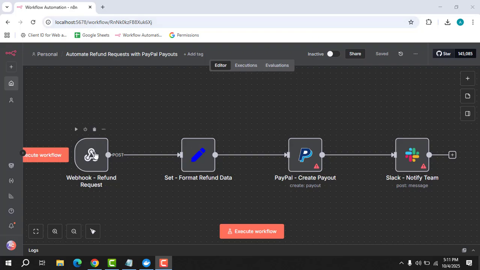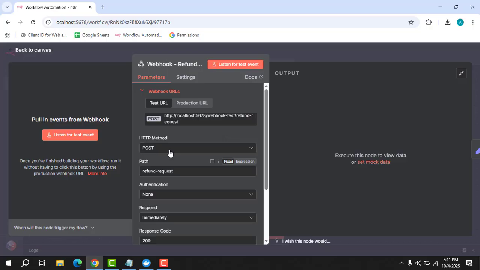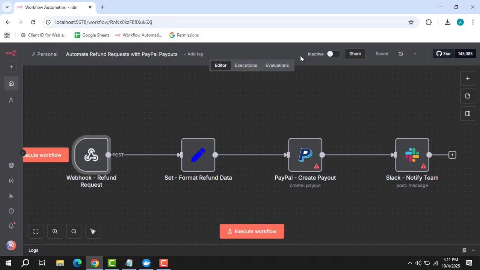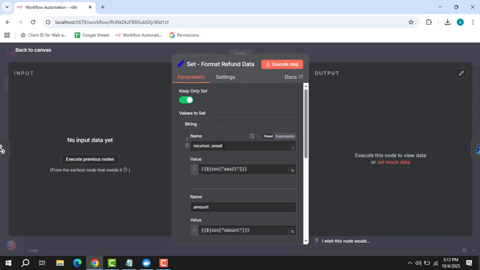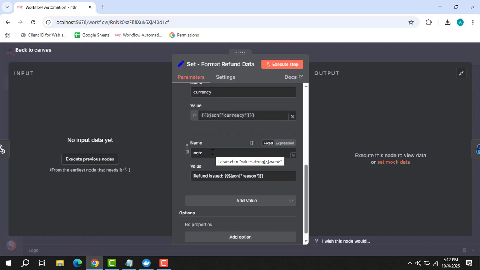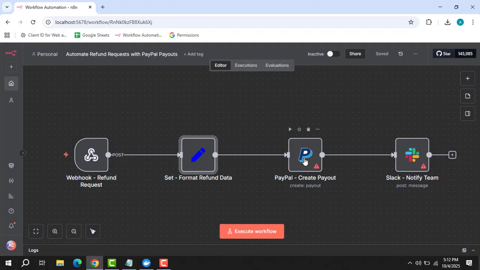First you have the webhook, the refund request. HTTP POST, path refund-request, respond immediately, and response code 200. So we want to capture the fields: the email, the amount, the currency, and the reason. After that, we need the Set node to format the refund data. So you have the receiver email, JSON email, the amount, the currency that you need, and the note, the refund issue, JSON reason. After that, we have the PayPal node to create the